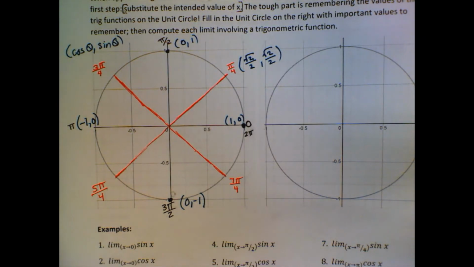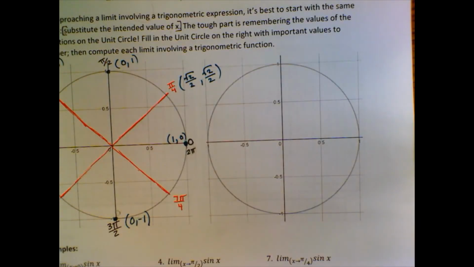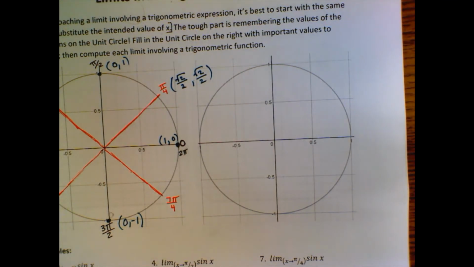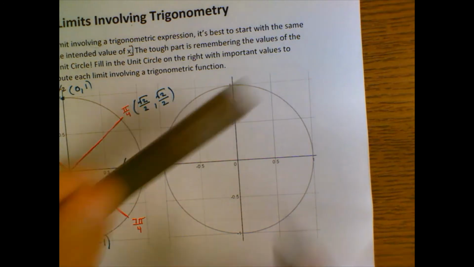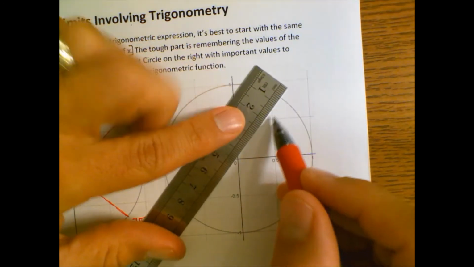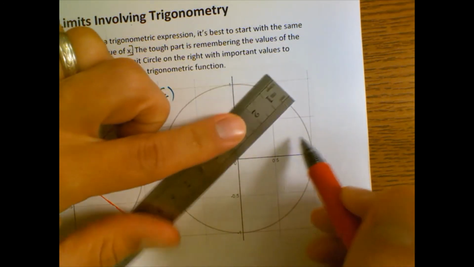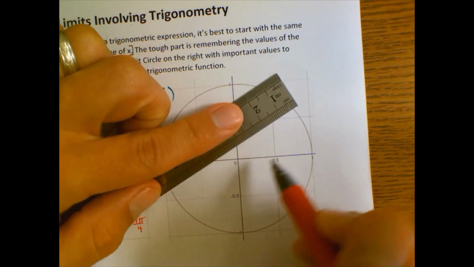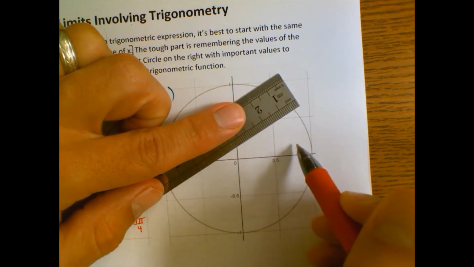Okay, unfortunately there are other values that we have to memorize as well, right? So what if we go out here and, instead of cutting it exactly in half, what if we care about the 30-degree measure? So the 30-degree measure,